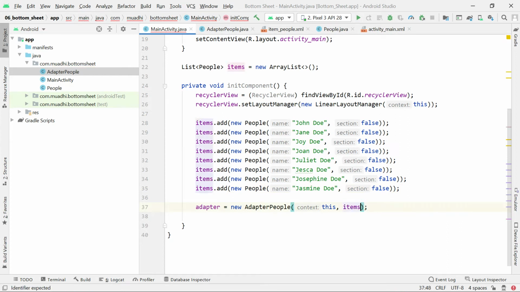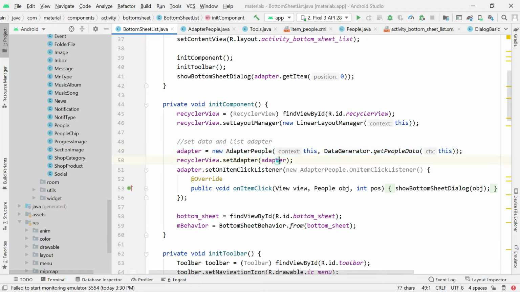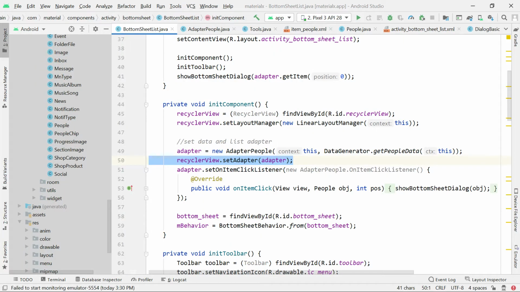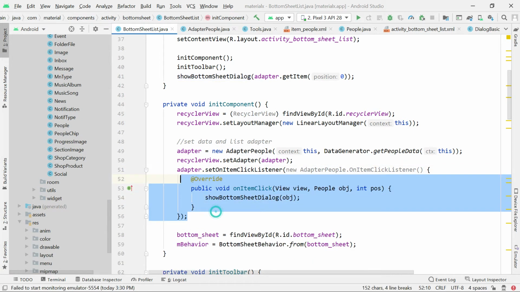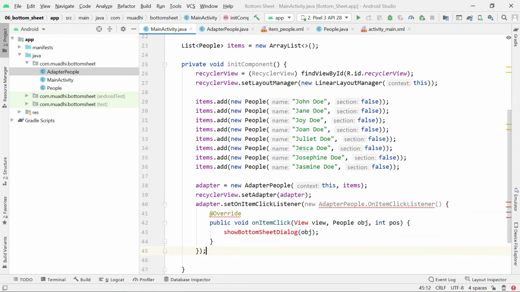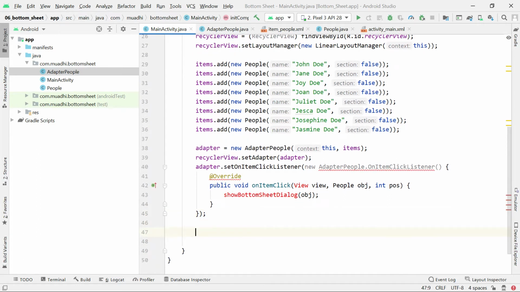Yeah, then go. I'm going to go, then after I have to set this adapter here to the recycler view, and then step by step set the adapter to the recycler view, and then after we have to set the click listener to this recycler view. Okay, so just come and copy. So this is how you do things. You write your code once and you can reuse it in multiple projects. You don't need to repeat yourself.